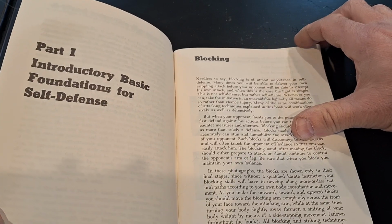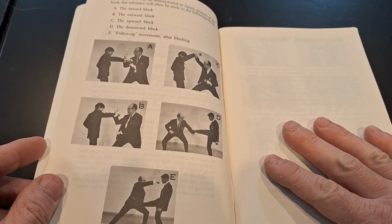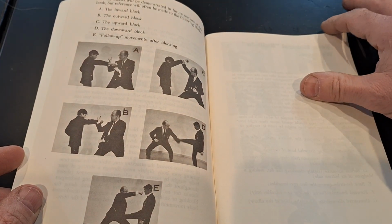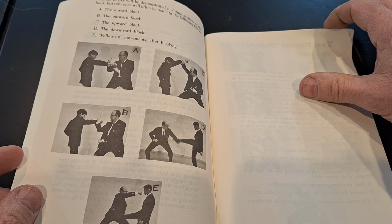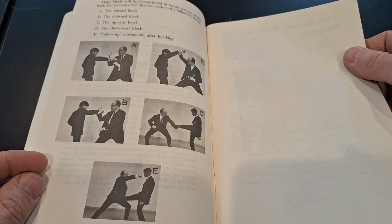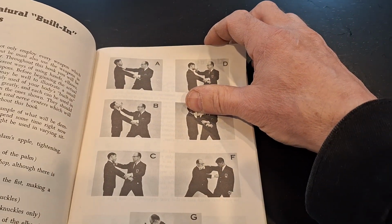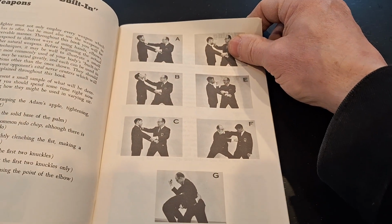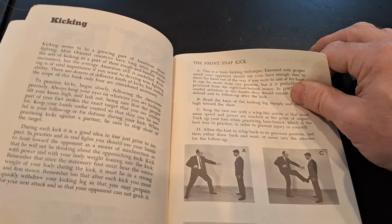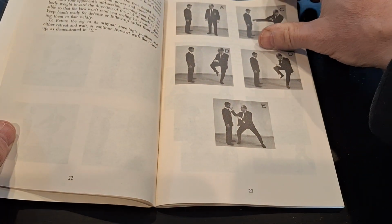So anyway, we get into the book, and we start off. He's got some basic blocking techniques he shows: inward, outward, upward, and downward. And I love how the book is shot, that they're in street clothes. It's funny, they're actually doing this in suits, but very common from the late 60s. Basic strikes, he's covering different targets. Gets into some basic kicks, more kicks,